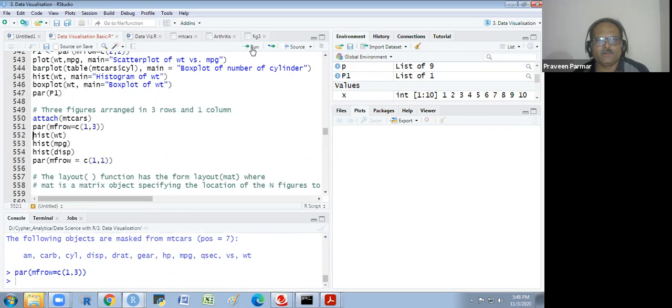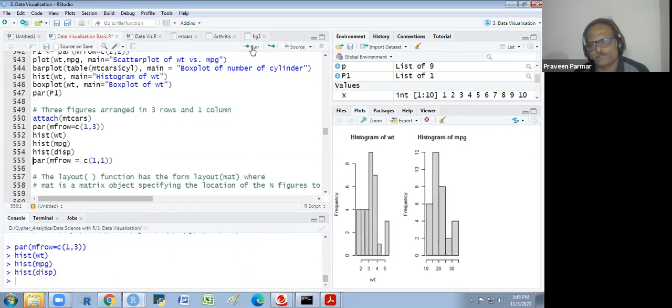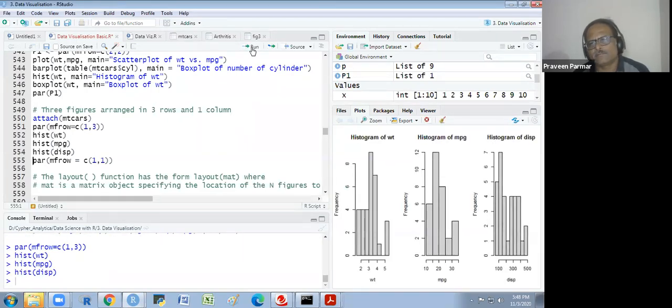Row would be 1 only. Got it? Is there any doubt? And this is again I am going to make it default. Instead of p1 I am taking mfrow c(1,1), so it is the default value. Okay, I could use this also.